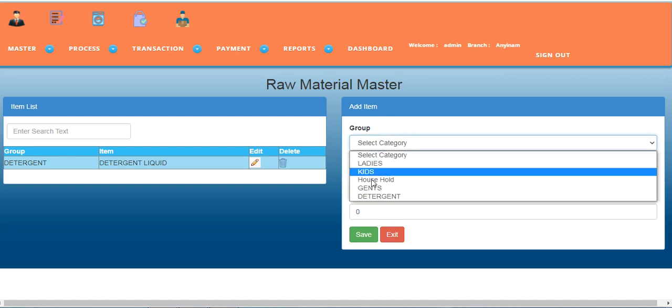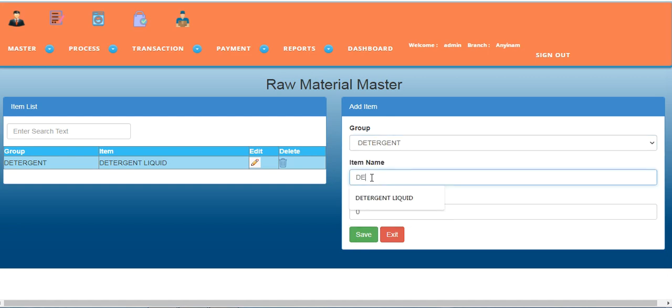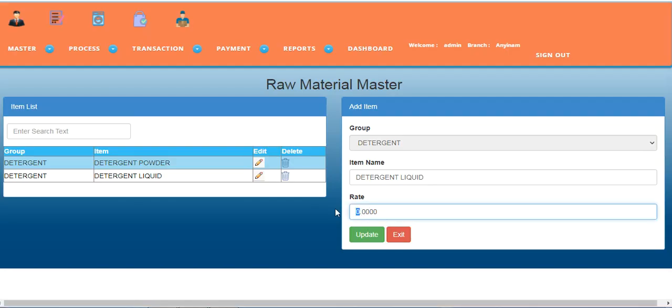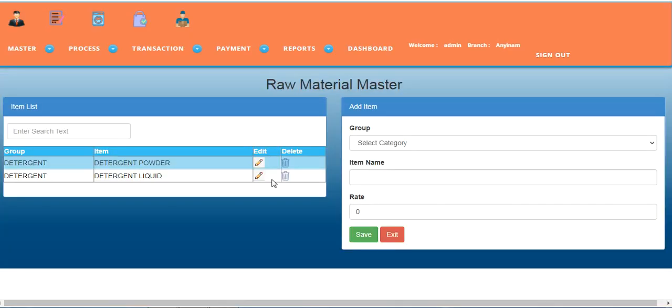Same way, detergent powder. I entered 200. This liquid is not entered, so I enter again, it is 100. I just provide you some details; you can enter anything and make changes if something is missed.